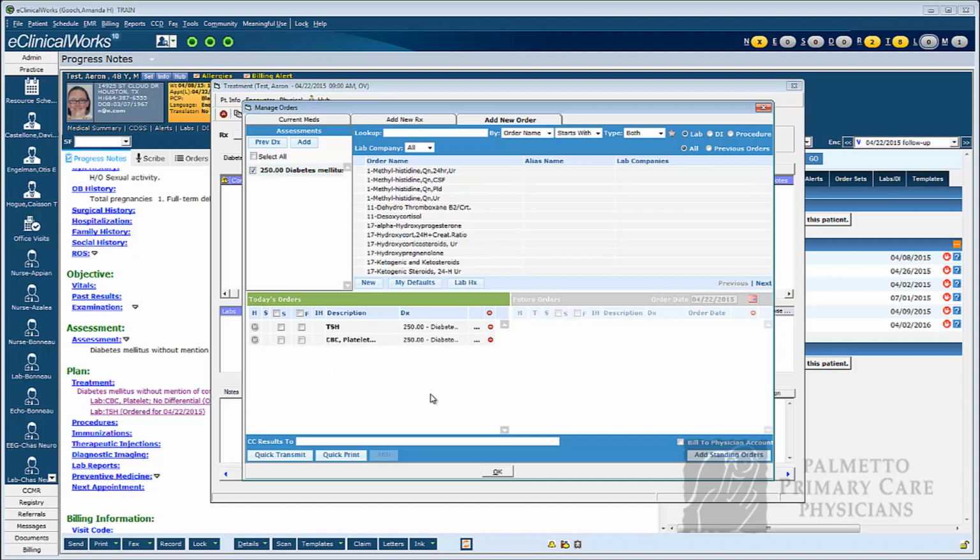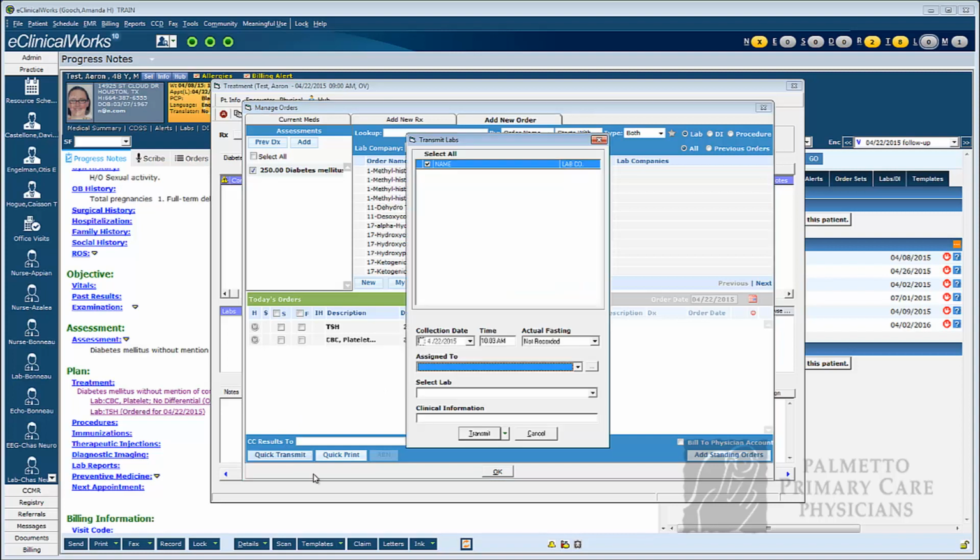From here, it is the same process that we followed previously. So we will click on Quick Transmit. The CBC and the TSH will populate in this top area. We will click the checkbox next to both of those labs, click Today as our collection date, select the appropriate lab in the Assign To field, select the appropriate lab in the Select Lab field,